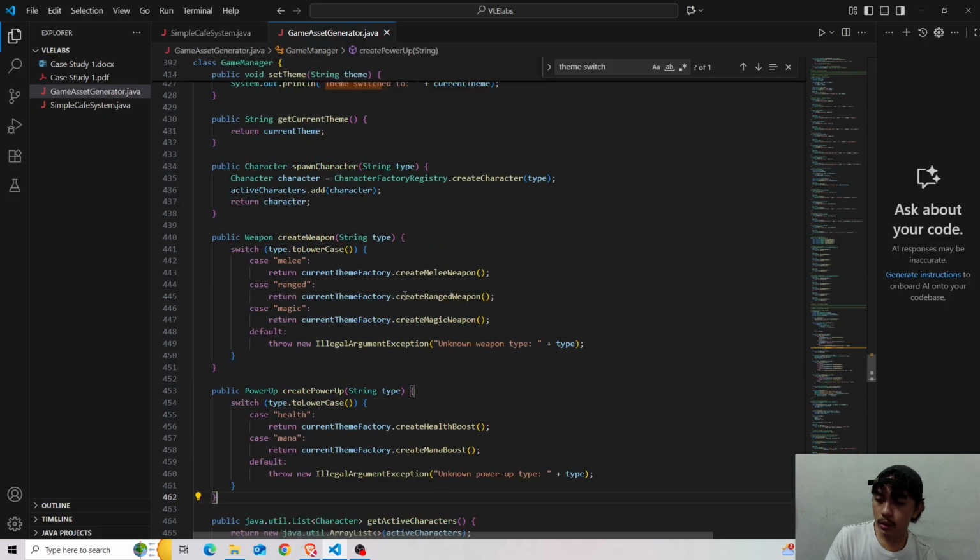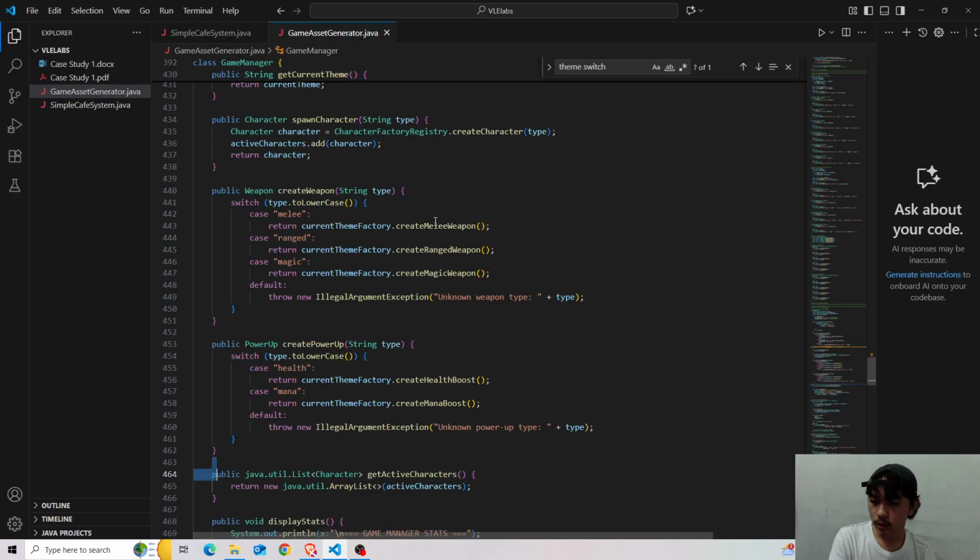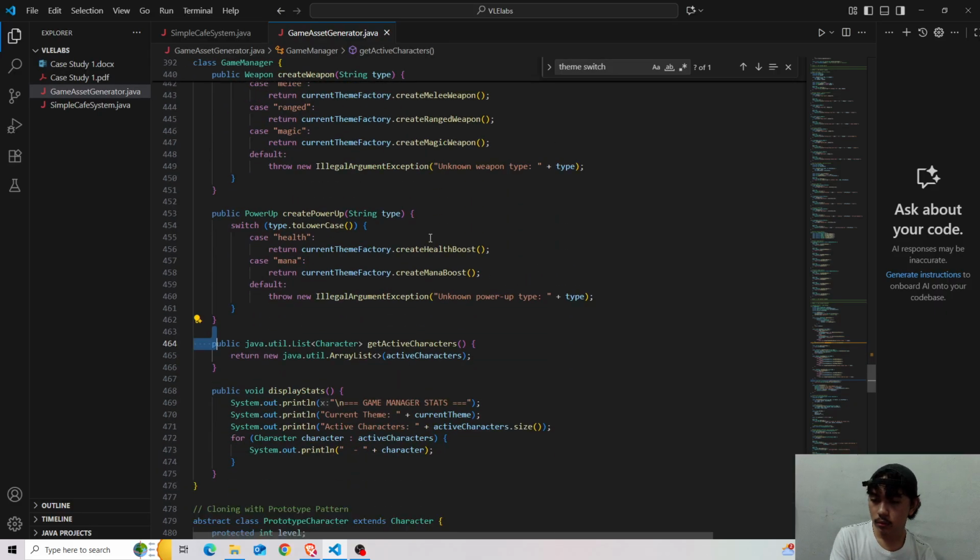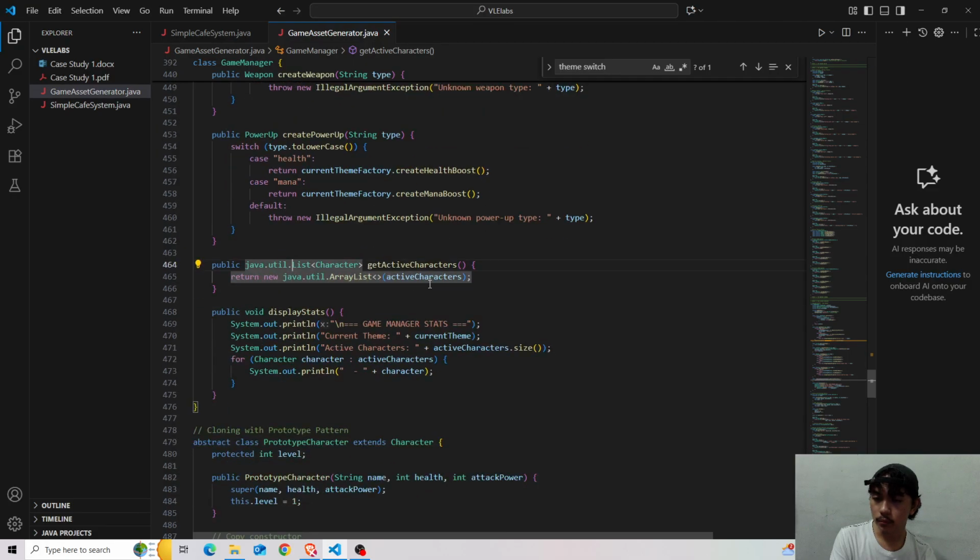So where were we? This one. This is the list that returns the active characters spawned in the main method.